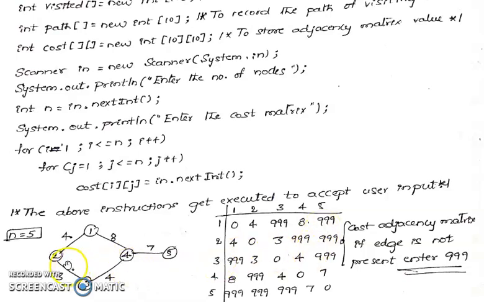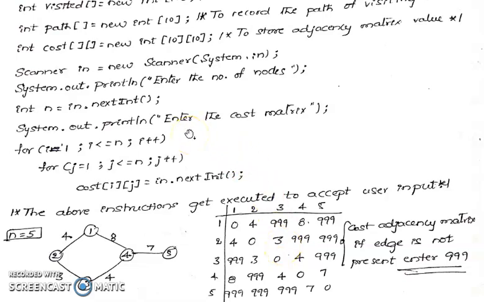Similarly, you need to follow this for the other vertices also. 2 to 1 it is 4. 2 to 2 there is no self loop, so 0. So 2 to 3 I have an edge, 3. But 2 to 4 I don't have an edge, 999. Similarly 2 to 5 also I don't have an edge, 999. So this is how you need to prepare the cost adjacency matrix